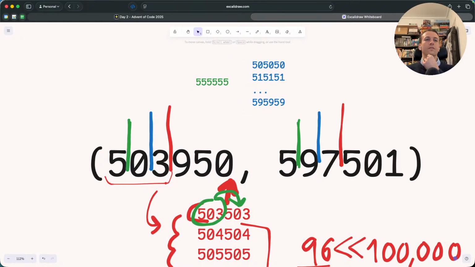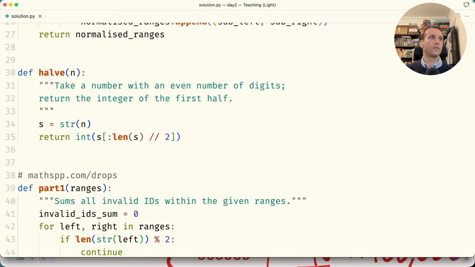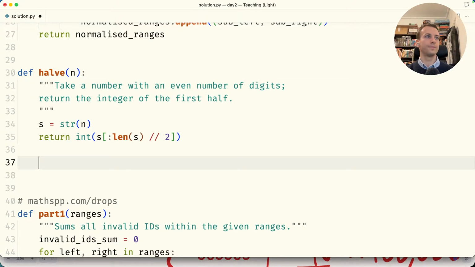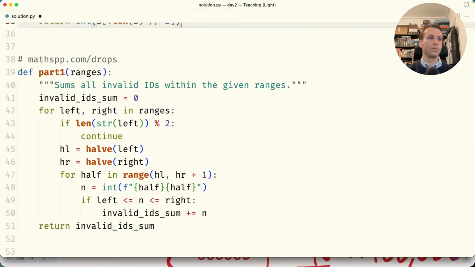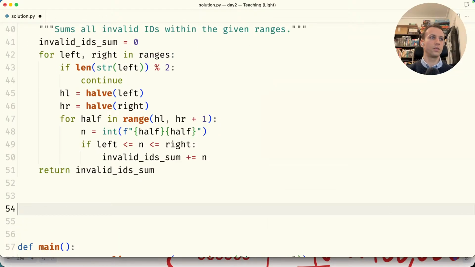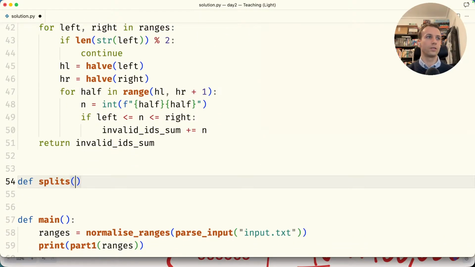If you have questions, feel free to let me know. So it's a very similar solution. Instead of working with halves, I want to find all of the splits. So let's maybe move this here. That was part 1. Let's do splits. So splits of n,